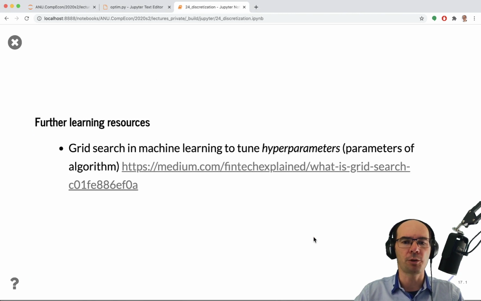Okay, and on some further learning, it turns out that grid search is actually used quite a lot in machine learning. The way that I've mentioned already, which is to test or to find better values for some special parameters of the algorithms, so hyperparameters as they're referred to. And here's some